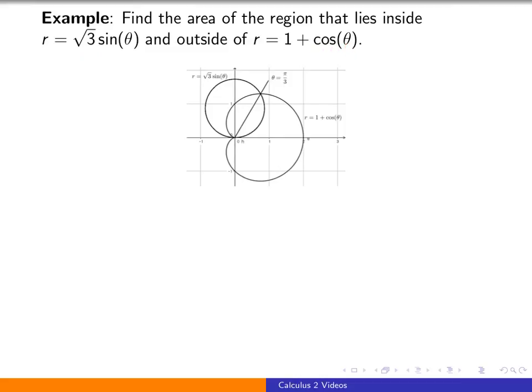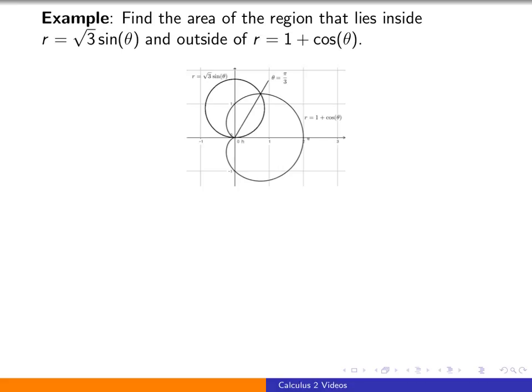1 plus cosine theta. So if we go back to a previous example, root 3 sine theta is going to be this circle that opens along that positive vertical axis, and r equals 1 plus cosine theta is going to be something we call a cardioid, because it looks like a heart. And you can go through and use our methods we've discussed for sketching polar curves to come up with this picture. Now, we're going to go through the calculations and see why these two curves intersect when theta equals pi